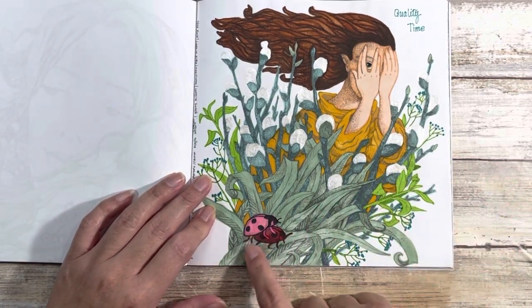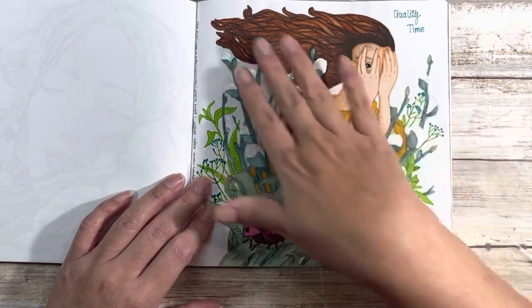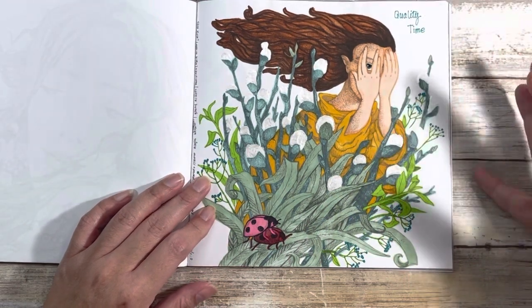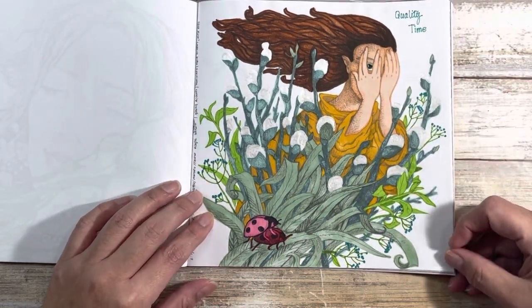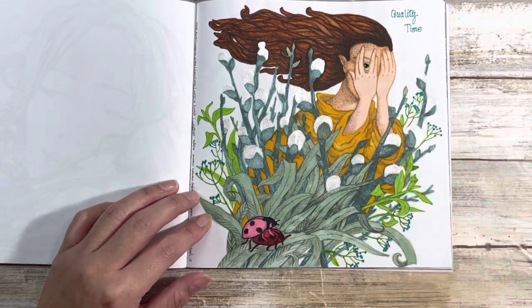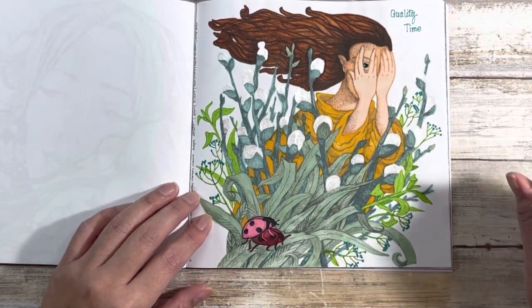And at that point, once I colored these, I was done with the page, because I thought I could add some distress ink to the background, but no, I just added this right here because there is some quality time happening on this page. And yeah, I like the image. It was funny to me because